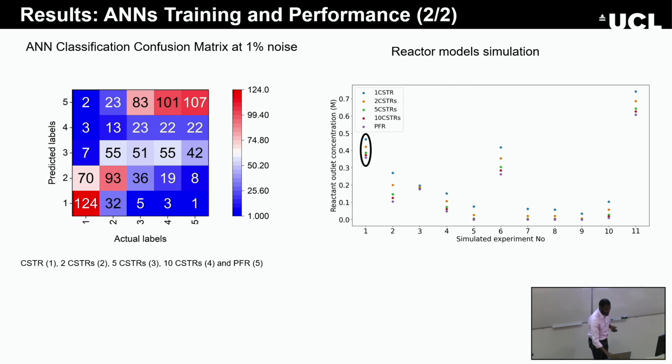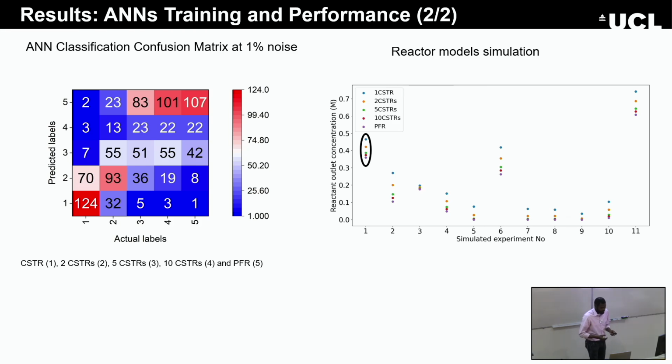for the actual 10-CSTR, the amount of prediction we got for 10-CSTR is less than that of PFR. So in this case, we have 101, which is more, so the ANN classification model was not able to recognize the data set for 10-CSTR. But because we have an optimal experimental design framework, we then searched within the design space